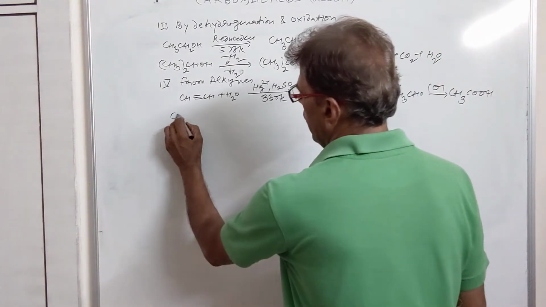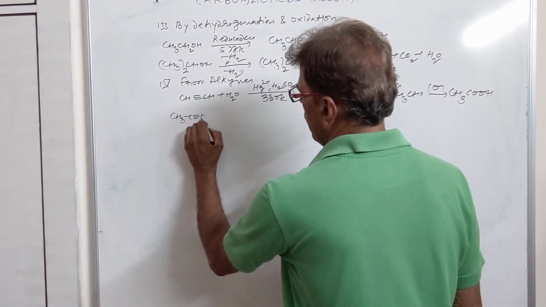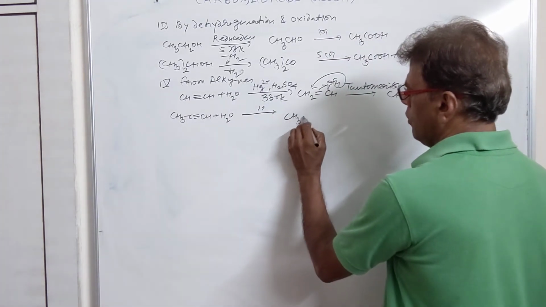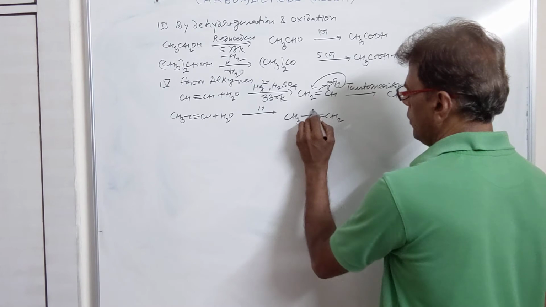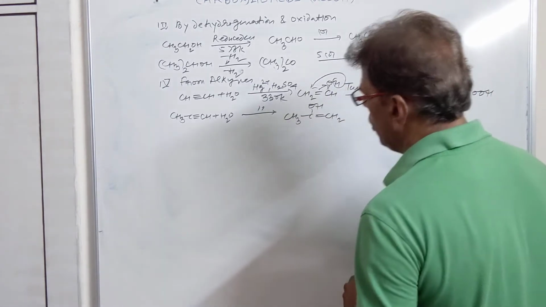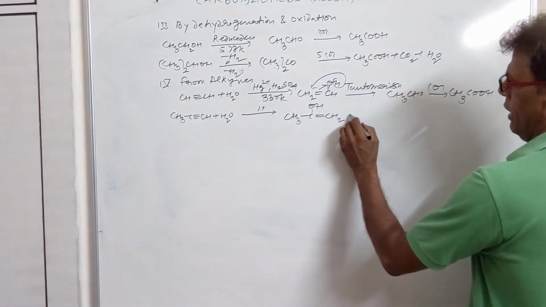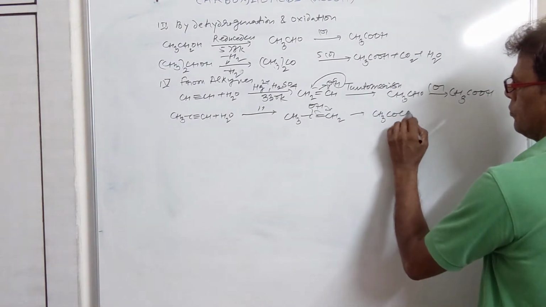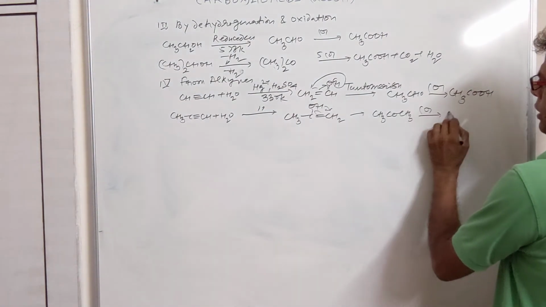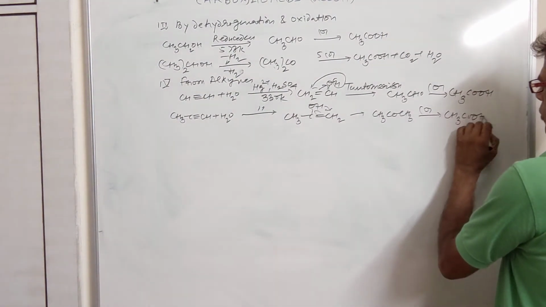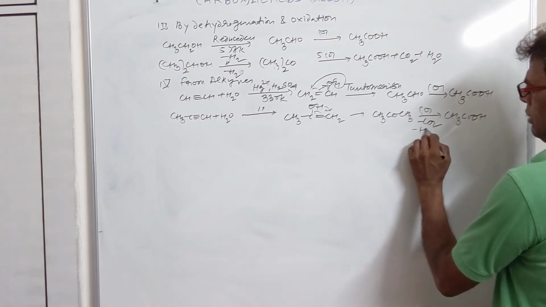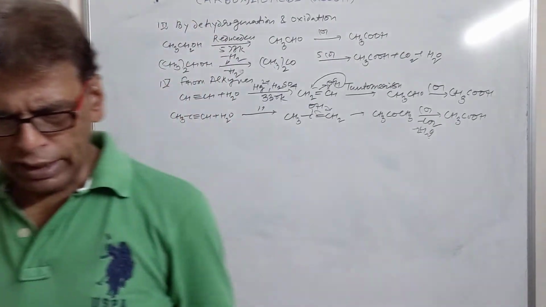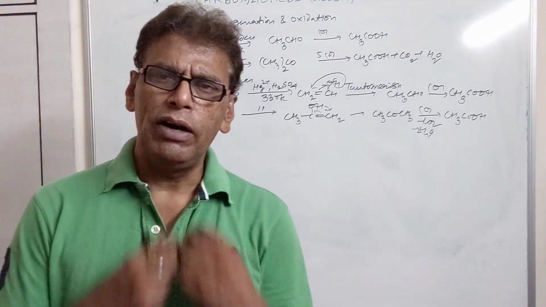If you have propyne here in place of acetylene, and you give water under similar conditions, you will get this product. This is the enolic form of your acetone, then this will undergo tautomerism to give you acetone. And this acetone, when subjected to oxidation, will give you acetic acid, carbon dioxide and water, they are being eliminated. So this is our fourth method. We are getting the carboxylic acid from the alkynes.